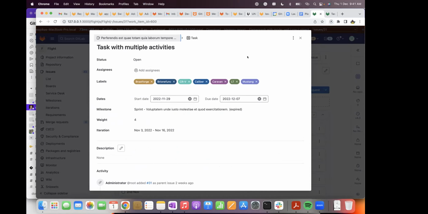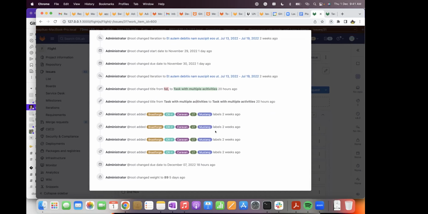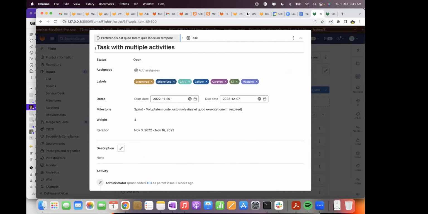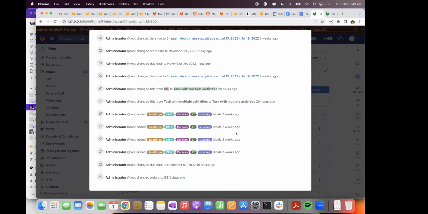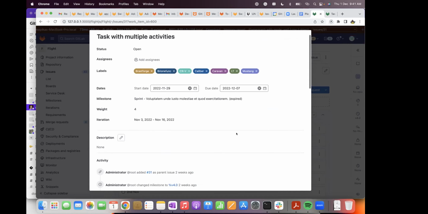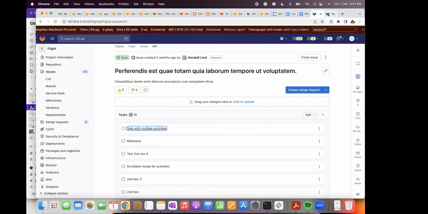Yes, the header should be fixed while we scroll through the activities or the discussions. That is one thing that can be done as an improvement here. What I've made here is the modal scrollable, to make sure that we can scroll through the list of activities. Now, if I inspect, we are fetching the work item,